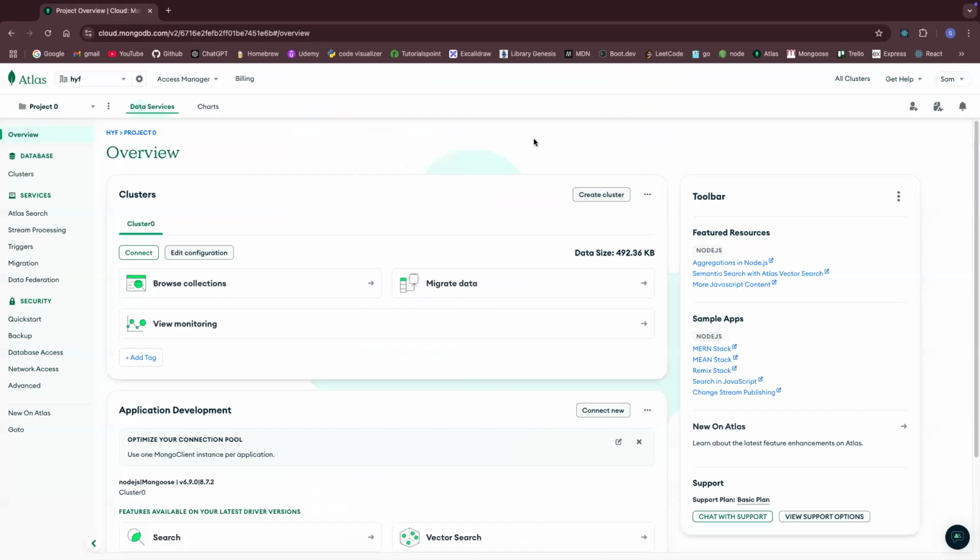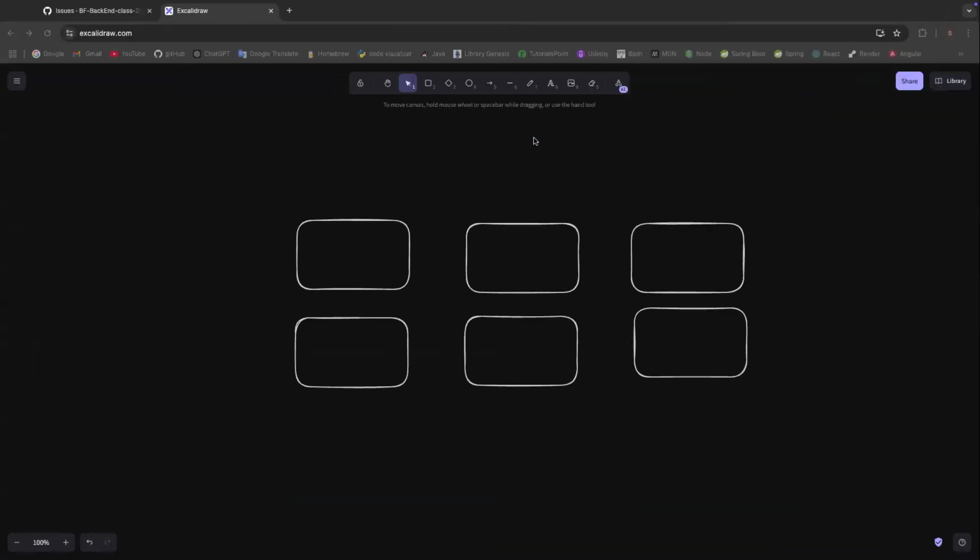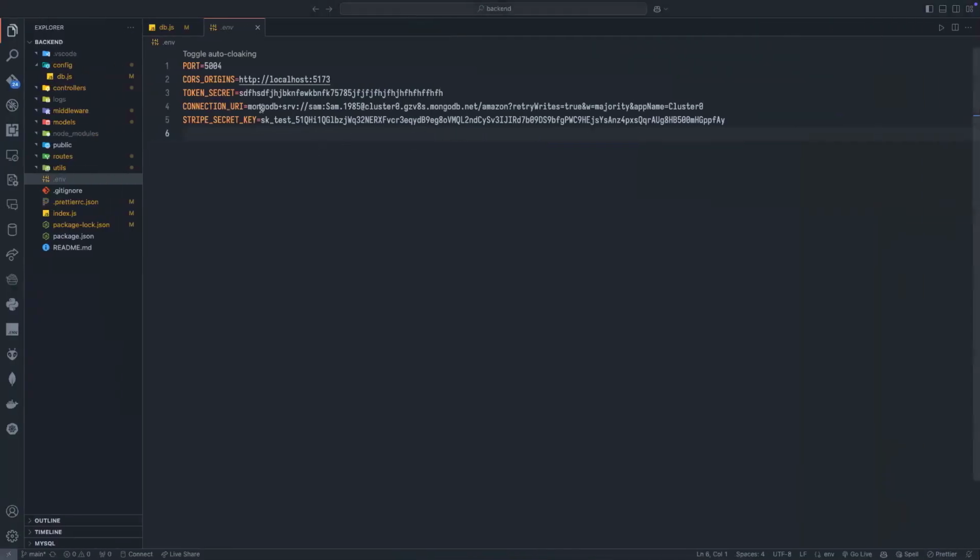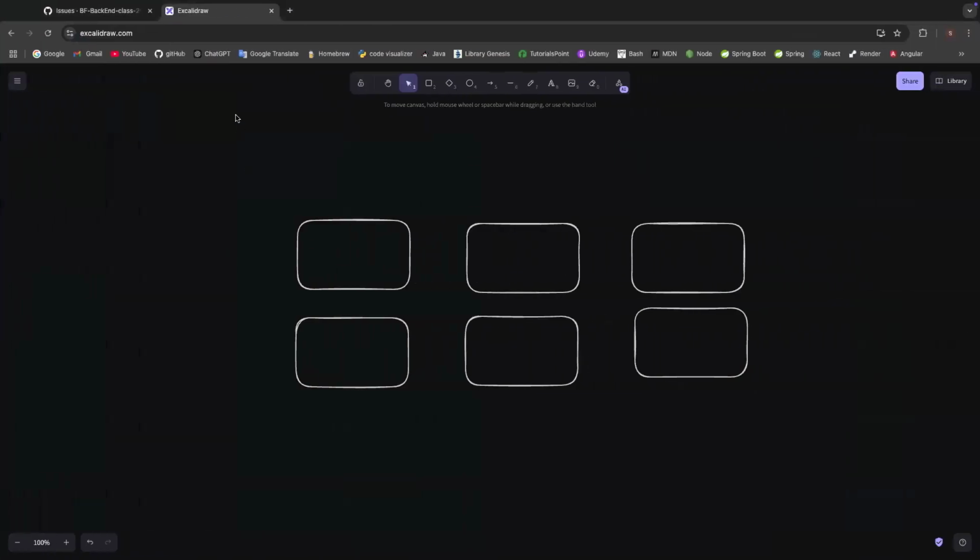So I'm just grabbing this connection. And now if I go to my .env, here, as you can see, I grabbed everything. I replaced, of course, the angle bracket DB password with my password. And here, as you can see, between .net slash and question mark, I've added my database, which is called Amazon. Stripe secret key, of course, I told you also when you have an account on Stripe,